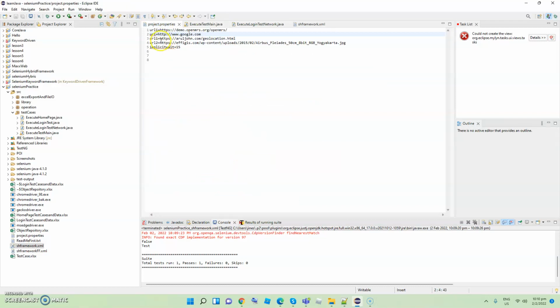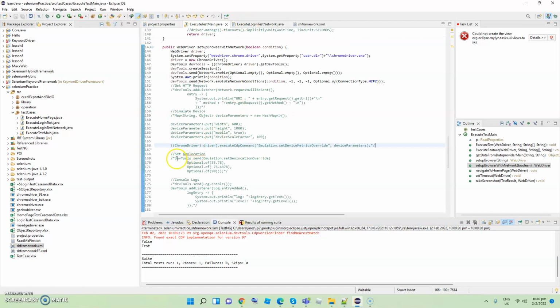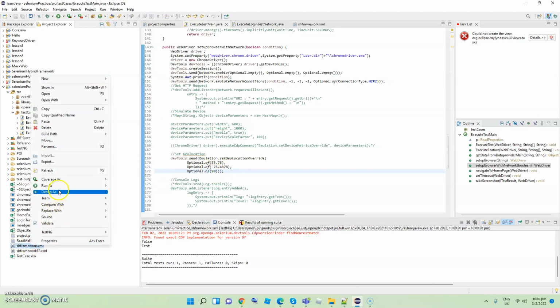To simulate this one, I will use the website geolocation.html on rolljoin.com, which will give us the browser geolocation. So I uncomment, and you can see the parameters I'm setting: 35.78, minus 76.4378, and the accuracy of 90%. If I execute this one,